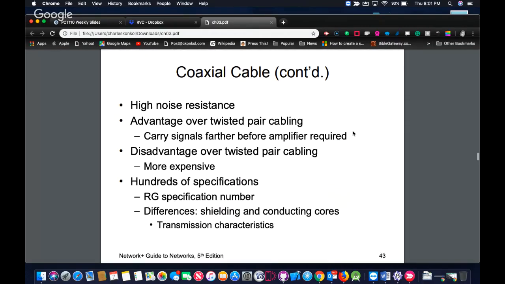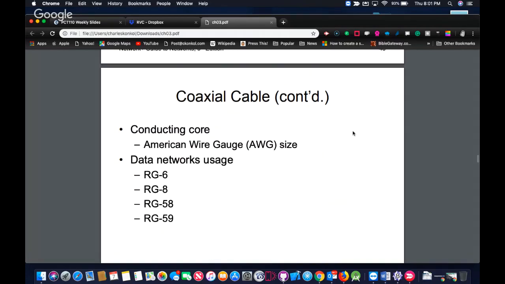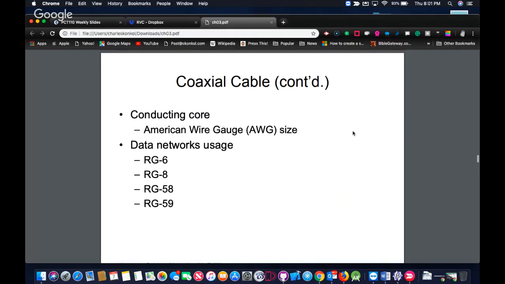Coaxial is very resistant to noise because of the makeup of the cable. It can also carry signals further without being amplified, unlike twisted pair. The disadvantage over twisted pair is it's more expensive. There are hundreds of specifications for coaxial, and many differences in the shielding and in the cores of those cables. Coaxial cable